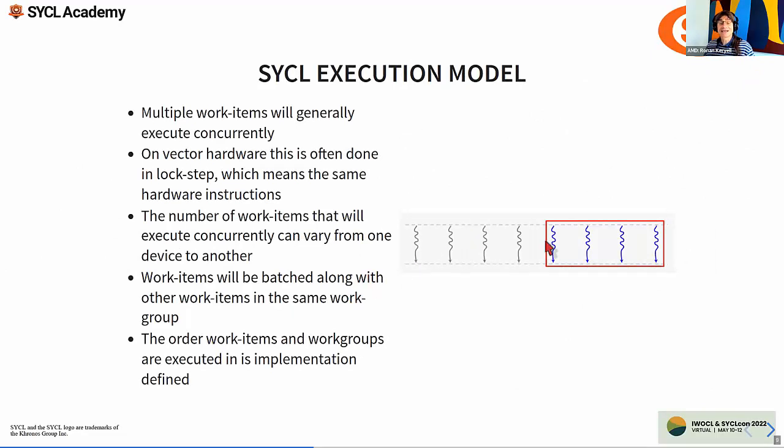The details on how the work items are executed together or with respect to each other are actually not specified in the standard. So that's why in SYCL you can actually target a lot of different accelerators with different